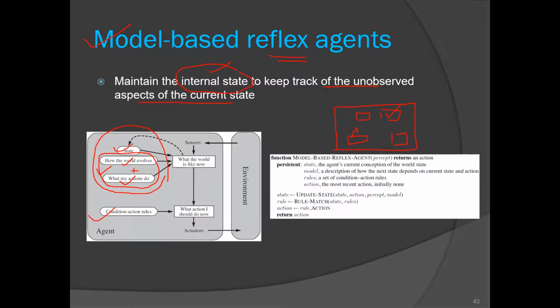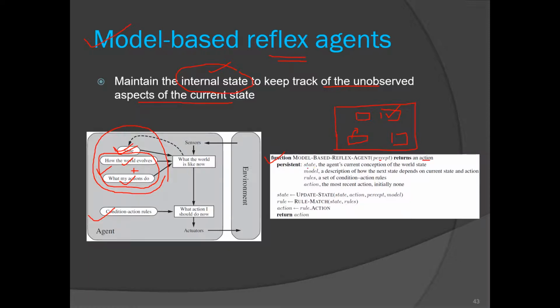So what is the state of my environment, and what is the model, the current scenario of my environment. He will keep these two additional pieces of information, and based on that he will take the decision. So again, see the function pseudocode, model based reflex agent, percept and action.